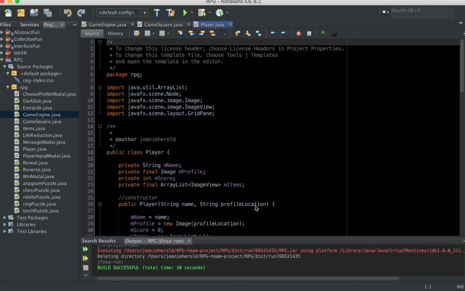Hi, this is JeanieHerold working with Ethan and Steven on the RPG Team Project, which is a role-playing game, and to demonstrate the classes and objects that I created. One includes the game engine, which is the main start to the program, the game squares that are used in the grid pane to create the board, the player object, the player input modal that collects the name of the player, choose profile modal that